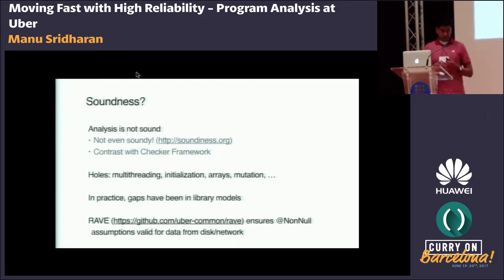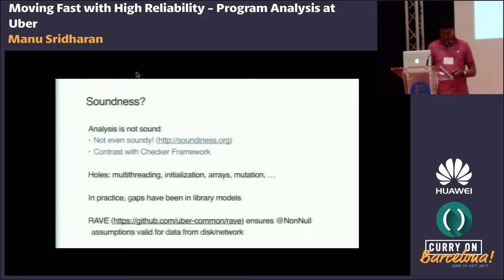One other interesting question is, you've got these annotations in your code about nullability. But what about data that's coming in over the network or from disk and then getting marshaled into data structures? How do you know that that is well formed, right? You might assume that some field is always non-null in a network response, but you might get invalid data coming in over the network, and then all your assumptions go out the window if you actually get a null value there.